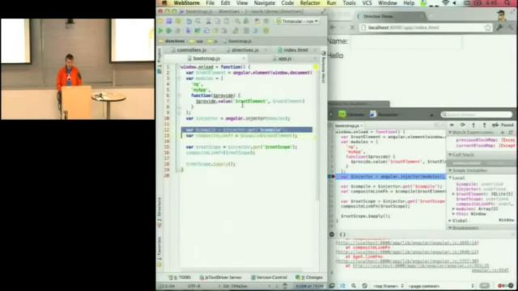And from the injector, we get a hold of the compile service. This is what does all of the magic, and we'll talk about this a lot more. What the compile service does is basically traverse the DOM, starting at the root element, and look for directives, and we'll talk more about how this is happening. But once it discovers these directives, it executes its compile function,